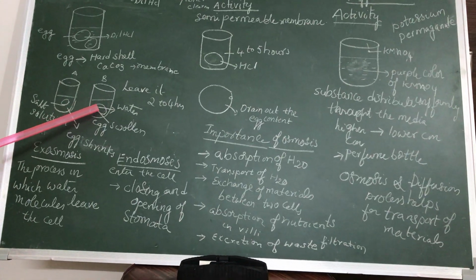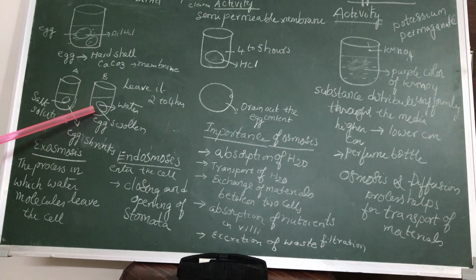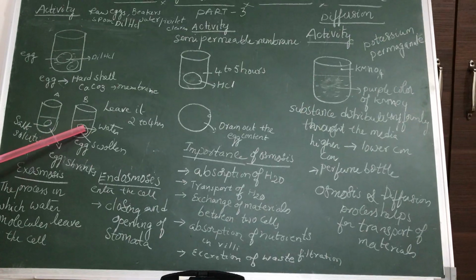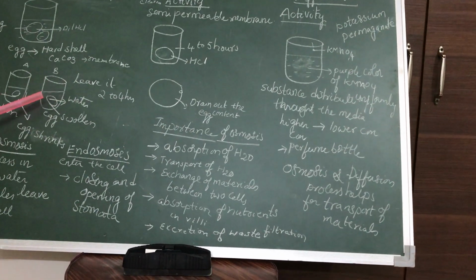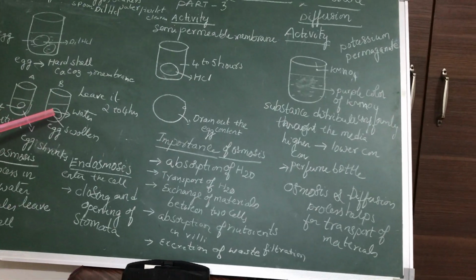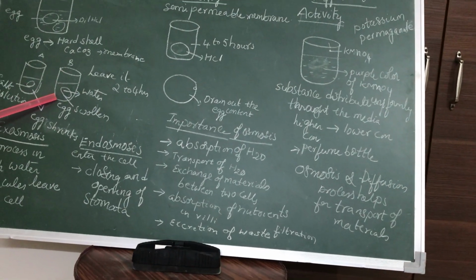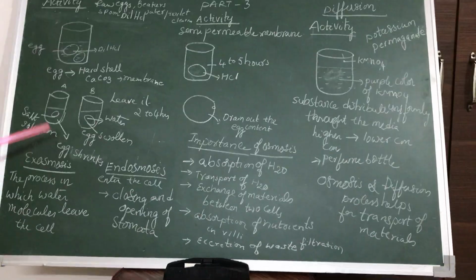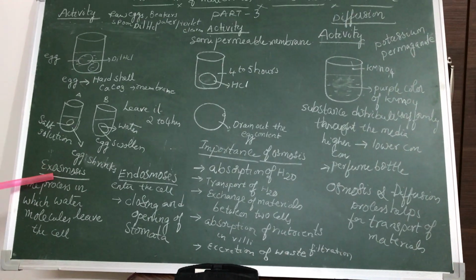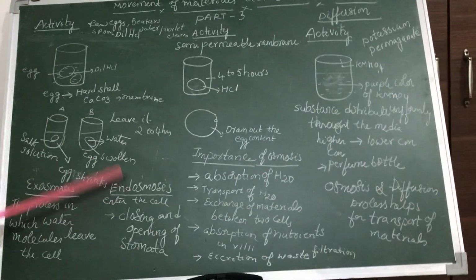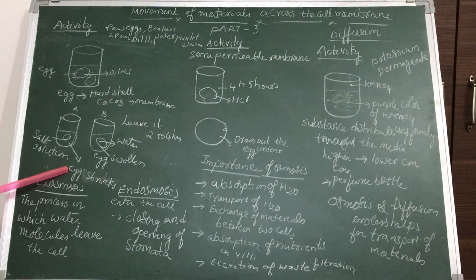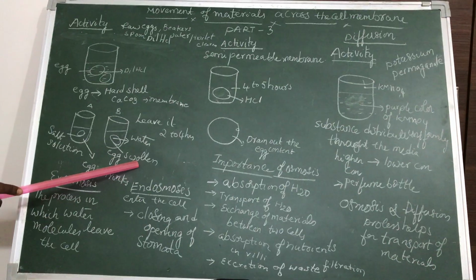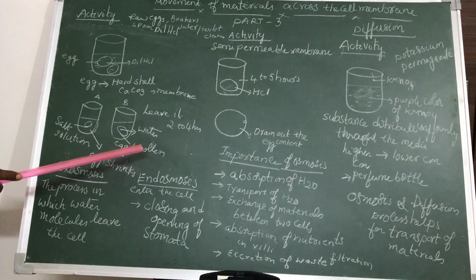There is a difference in the concentration. The concentration of water is different from the concentration of cytoplasm in the egg cells. They both have different concentrations. When there is a different concentration, osmosis will take place. So we discussed two types of osmosis: exoosmosis and endoosmosis. In exoosmosis, the size of the cells will shrink. In endoosmosis, the size of the cell increases.